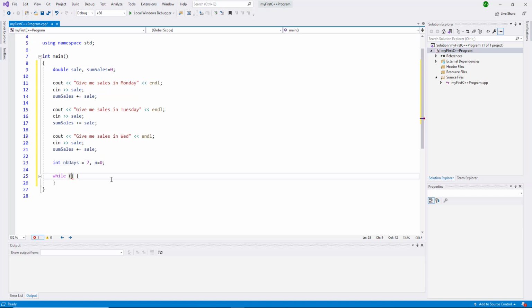And I will say while n is smaller than number of days. So while n is smaller than number of days, do the task. And the task, we know it already. So the task is getting the information about the day. So here we will say,